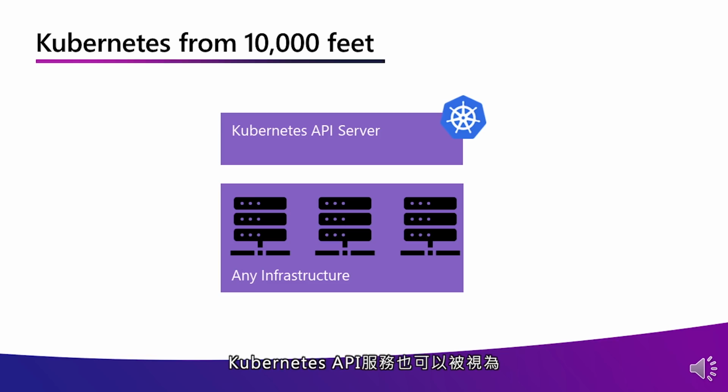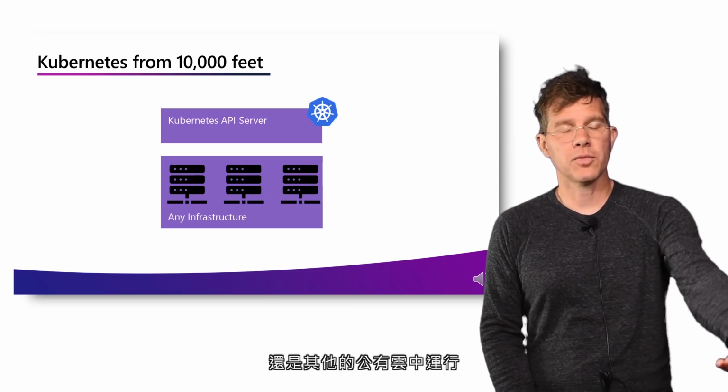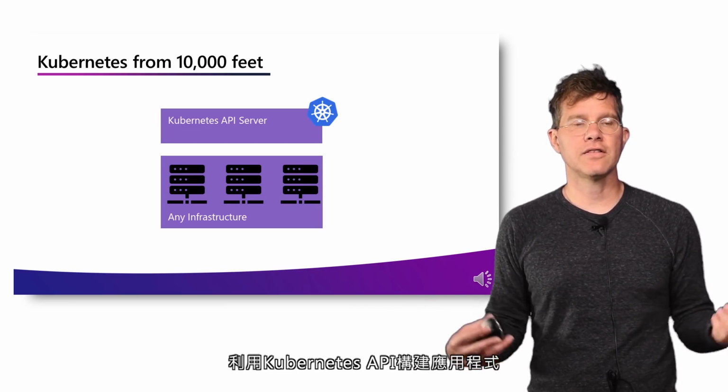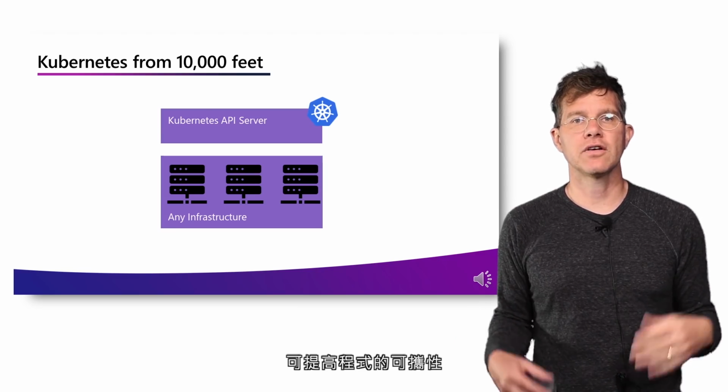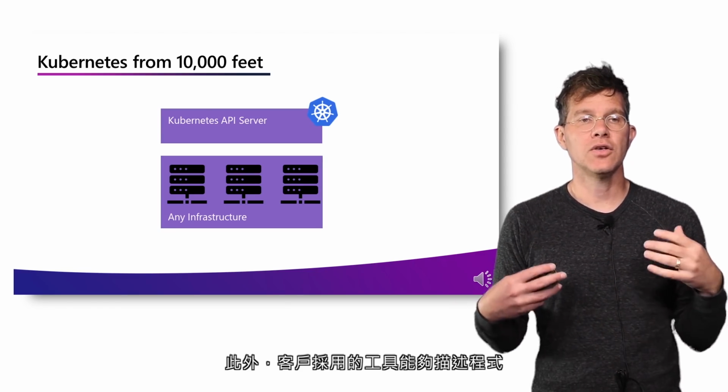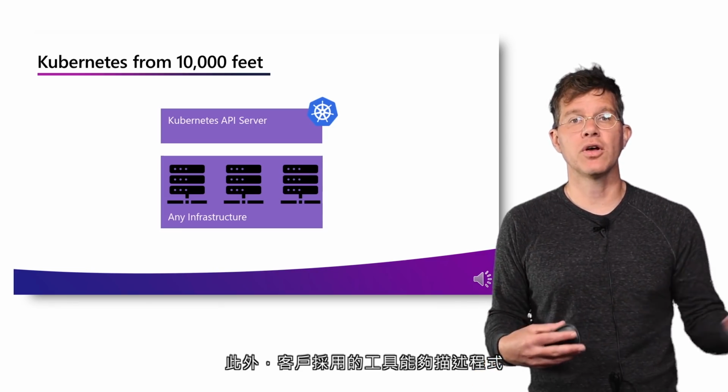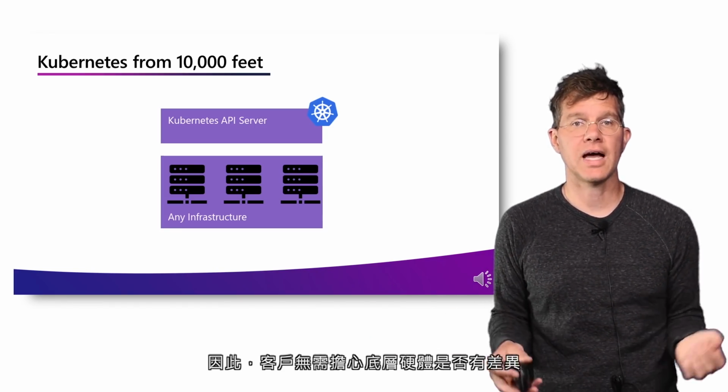Another way of looking at the Kubernetes API server, though, is that it's an abstraction layer on top of infrastructure. So while those developer-oriented concepts are great for building and describing an application that you're deploying out into the cloud or on-premise, the Kubernetes API server also allows you to have a more generic and more unified view of your infrastructure, whether it's running in Azure, an on-premise data center, some other public cloud. If you build applications against the Kubernetes API, you're building applications that are inherently more portable, and you're building using tools that can describe and deploy your application into all of these environments at the same time, despite differences in